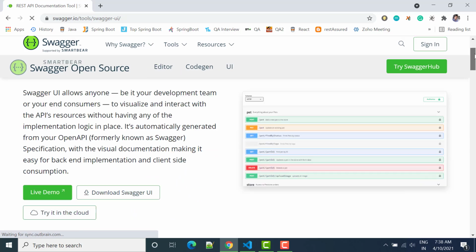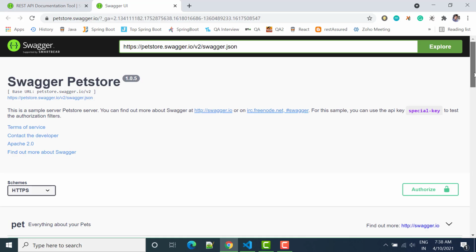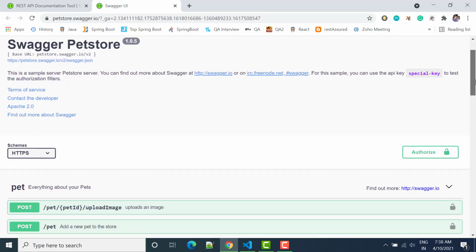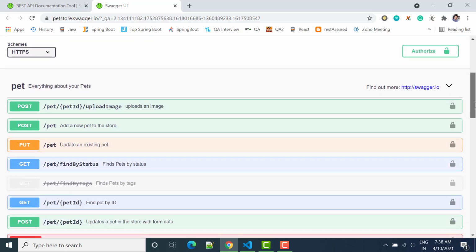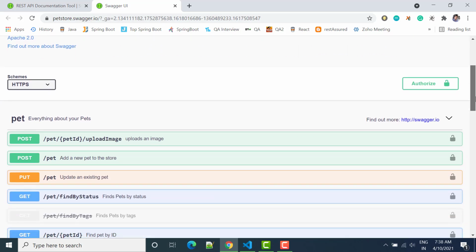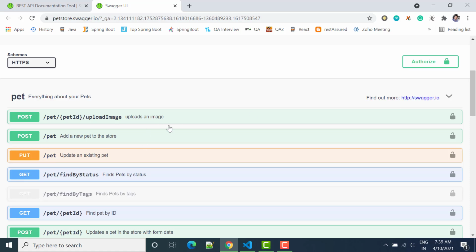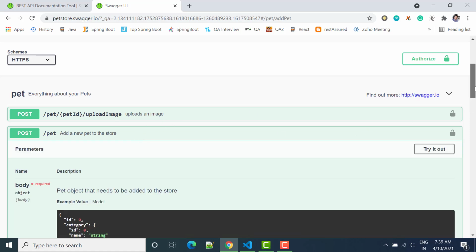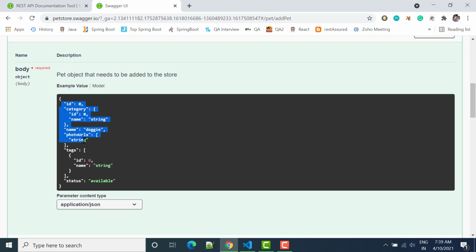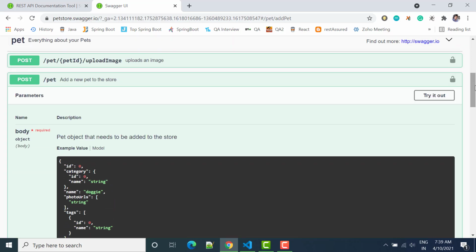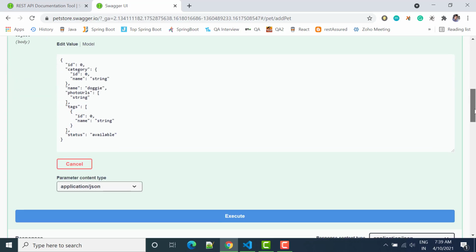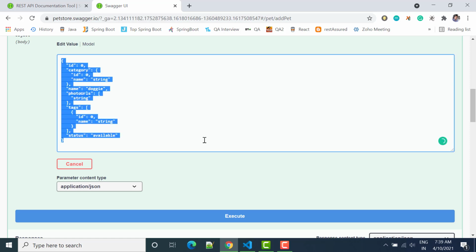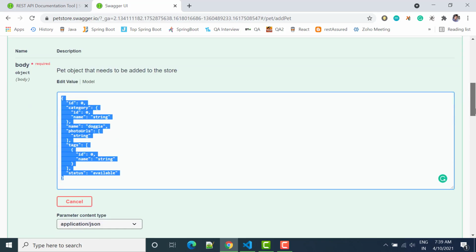Here you can see, let's go into the live demo. What exactly we are going to create, we can see here. Right now we are on Swagger UI, and here we have some services. The API is already developed, so let's click on a service, and then you will see the request, response, and types. Once you click on try, you can also send the request to the server by executing it, and then you will get the response.